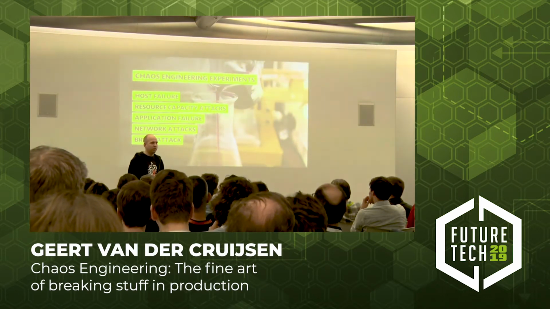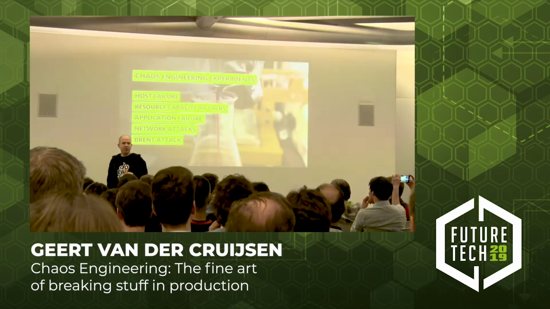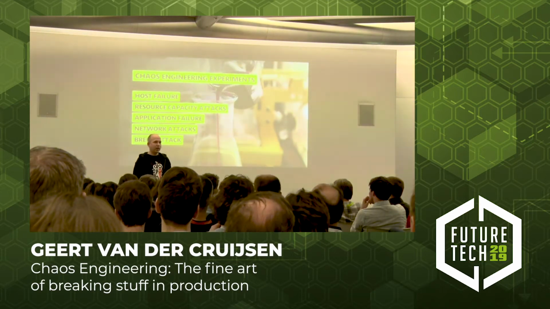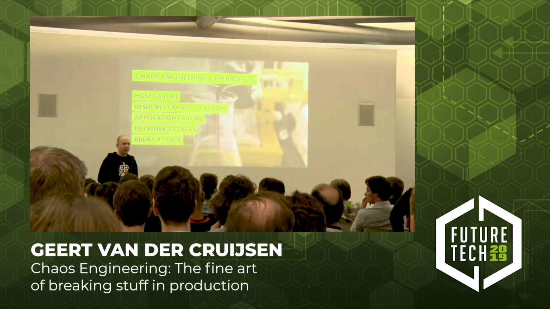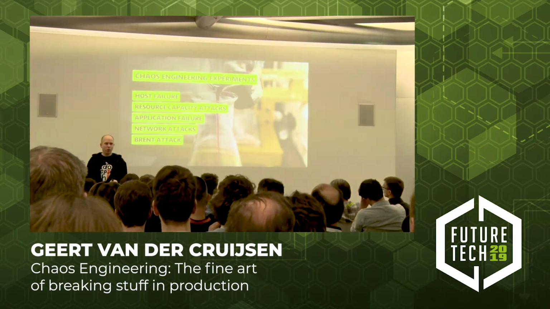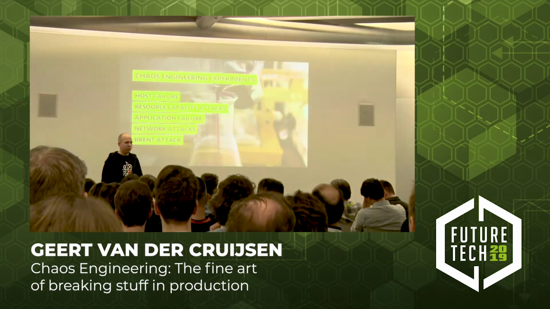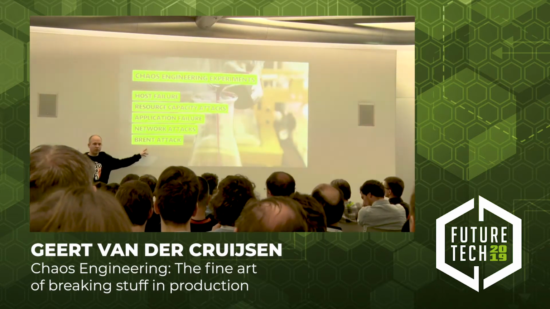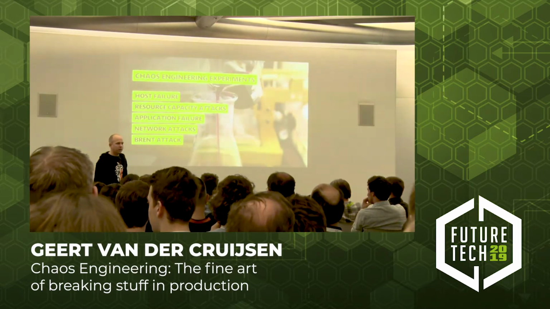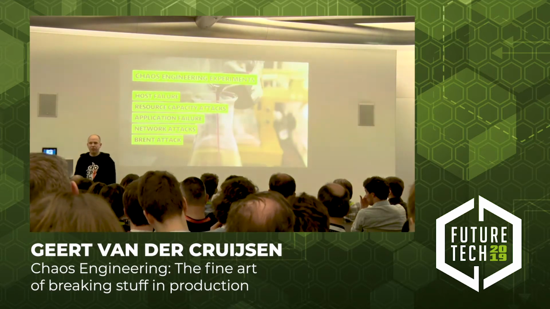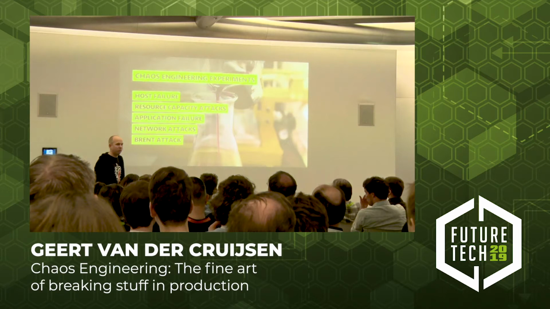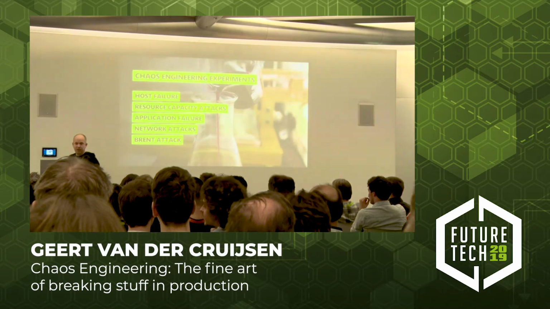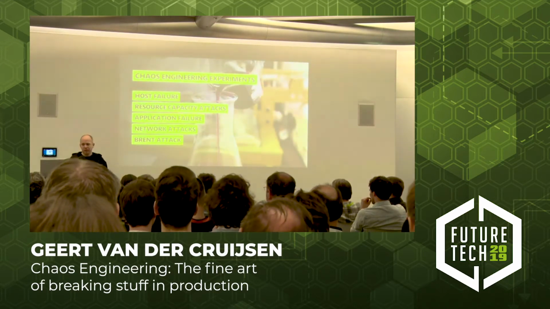And the last one I like to call the brain attack. I don't know who of you read The Phoenix Project. Nobody? A couple of guys did. It's a DevOps book, and in the book there's a guy called Brent, who is the top engineer within the company. He always knows how to solve every problem, and when there's a problem they always call this guy. What happens if this guy is not there? What if he's on vacation? What if he's hit by a truck? Is your company relying on Brent, or are you able to survive without him? This is often the easiest one to start with. Just give the guy a day off and see what happens.